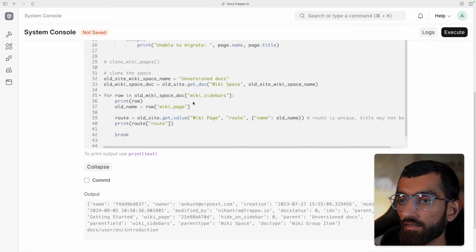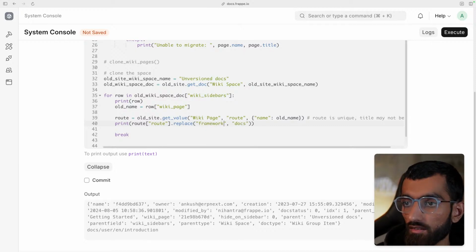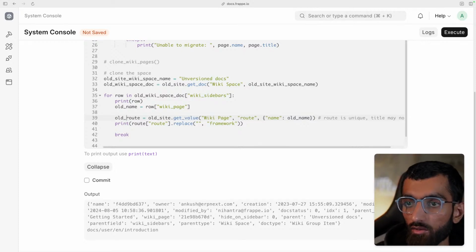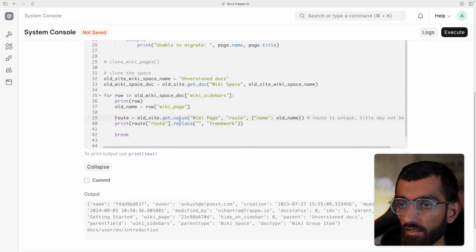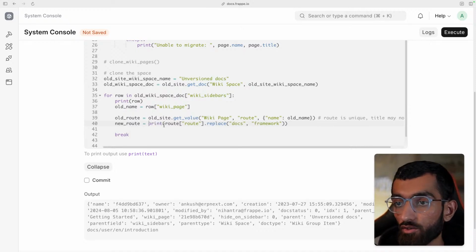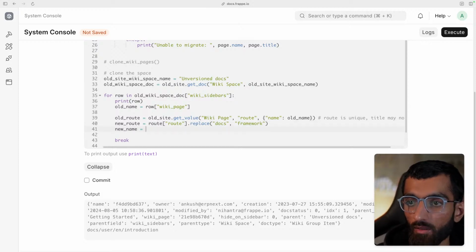Now we'll replace this with this instead. So we'll get the, no. That's the old route, right? That is why I was renaming things. So we'll do the same replacement, which was correct. Okay. So this will give us the new route. This is all just to get the new name, right? So new name will be